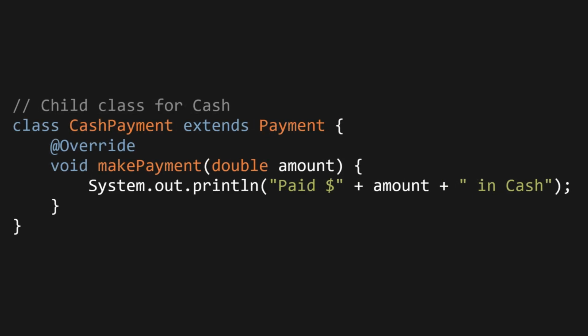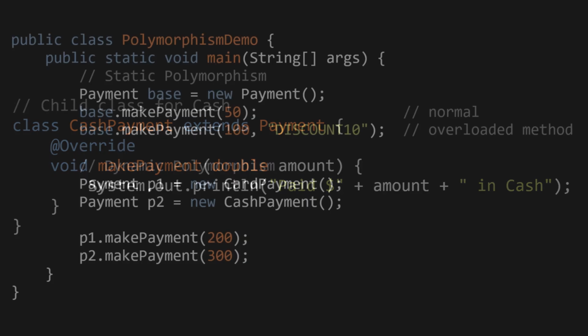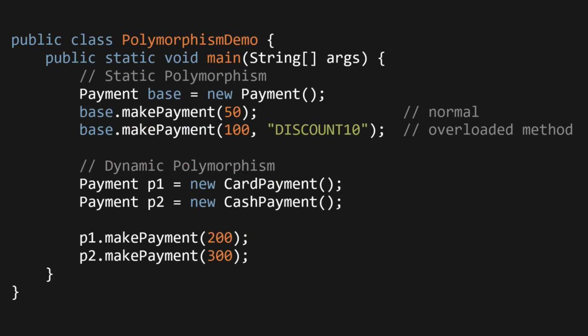Child class for cash. class CashPayment extends Payment. @Override void makePayment(double amount) { System.out.println("Paid $" + amount + " in cash"); } public class PolymorphismDemo, public static void main(String[] args). Static polymorphism: Payment base = new Payment(); base.makePayment(50); base.makePayment(100, "10");